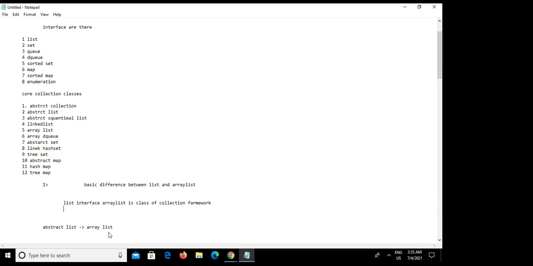I am not understanding, you can chat in the text box. Okay, right. One more difference: list extends the collection framework, while array list extends the abstract list and implements the list interface. So see why the extend keyword is coming.